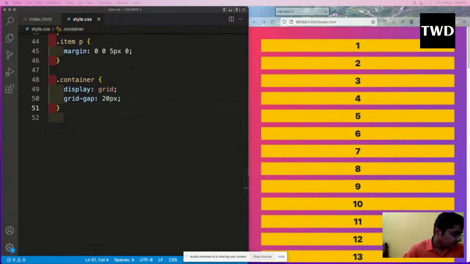As you can see, in order to understand the concept of legendary masonry layout,